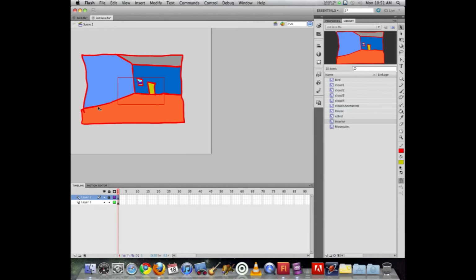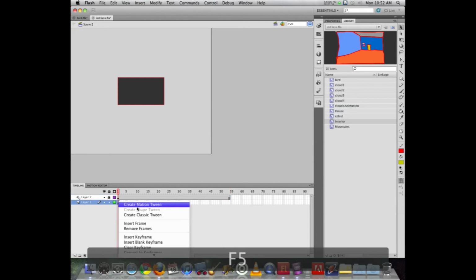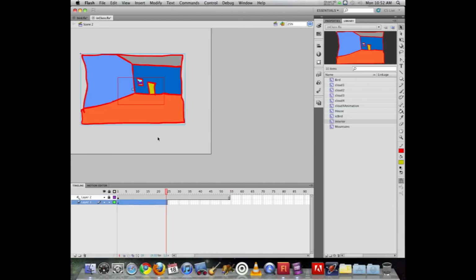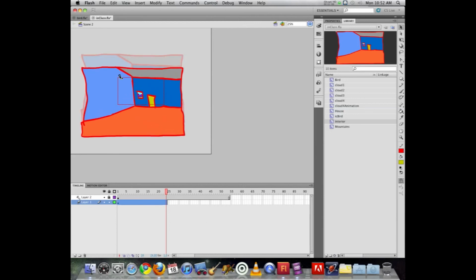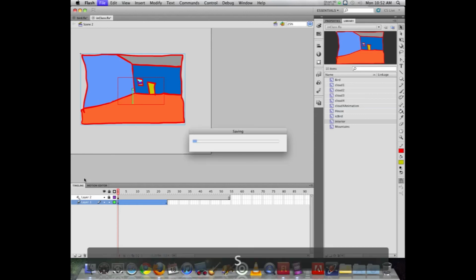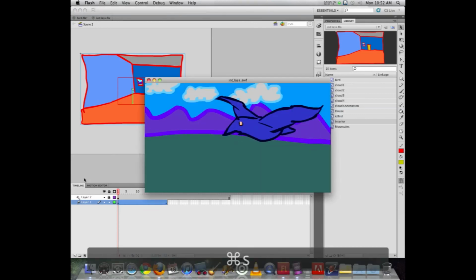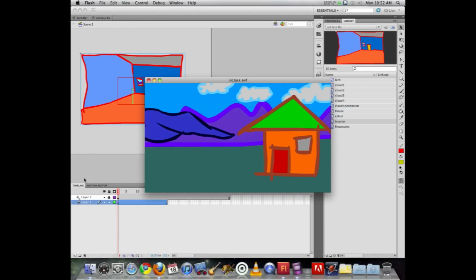So now, with this here, if I extend this out, and now say on my scene, create motion tween, it extends it out for however many frames I want it to be. And I am going to do a tilt up. So it's just going to move up. So now that I have done this, I'm going to save, test my whole movie, and we will see that